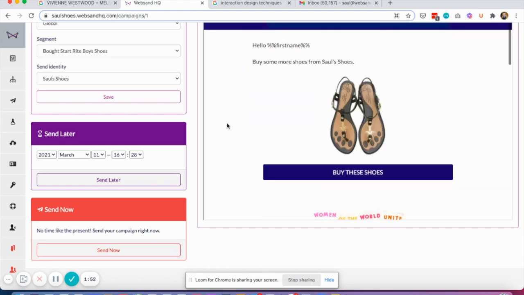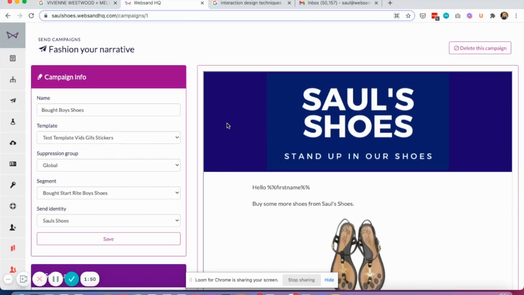And that's it, really. So over the past few videos, we've gone through what the data looks like, how you can change the data so it fits your own requirements, how you can import the data, both audience and transactional data, how you can create templates, how you can then clone those templates, how you can change the designs inside the templates, how you can add videos, GIFs, and stickers within those templates, how you can configure those templates,